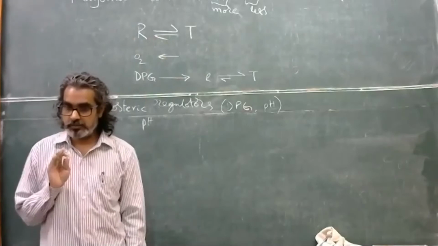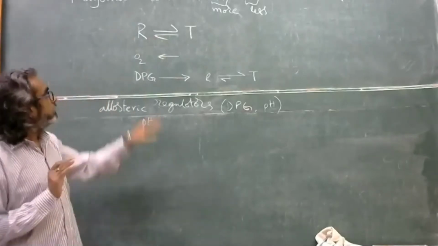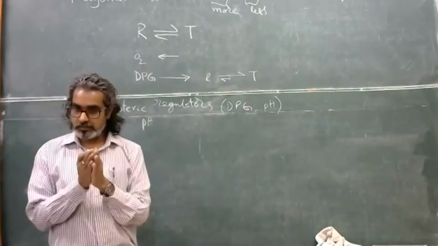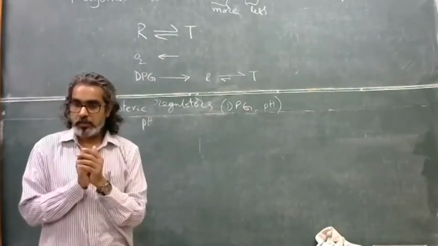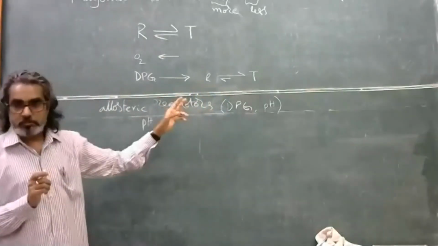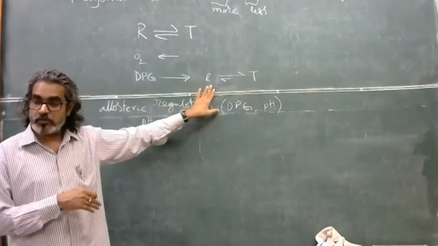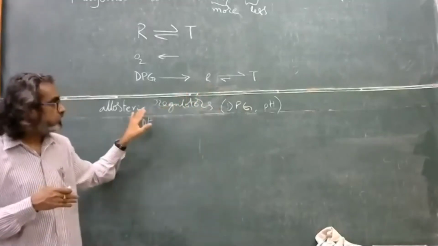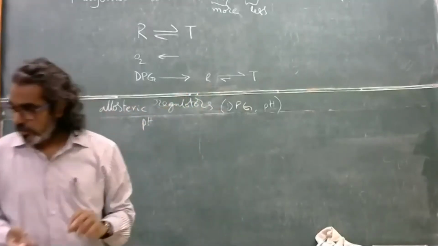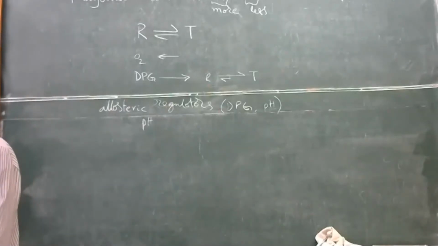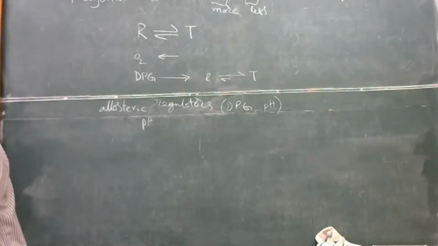You need to really understand this. Competitive binding is where the sites are not available for the ligand to bind, a direct competition. Or you somehow change the equilibrium so that fewer and fewer molecules are present in the conformation for the ligand to bind. That's allosteric regulators. All these things are put in the simplest model, this relaxed and tense model.